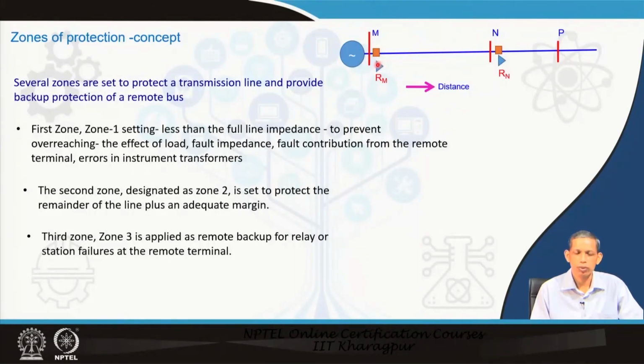First zone or zone 1 is less than the positive-sequence impedance of this line. The purpose of this relay is to take care of this Mn, that is the primary function, primary objective. But in zone 1 we fix it less. Zone 1 is instantaneous, no delay. If the relay finds from the voltage and current phasors, computes the corresponding apparent impedance and finds the impedance to be less than this set impedance, then the relay takes a decision.